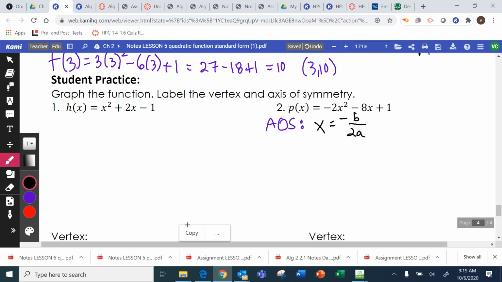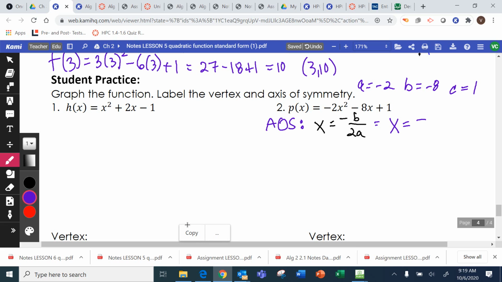Wrote my formula down. Now we're going to plug some stuff in. Oh, I didn't say what A, B, and C are. So A is negative 2, B is negative 8, C is 1. So now I can plug my stuff in. So I'm going to write X equals